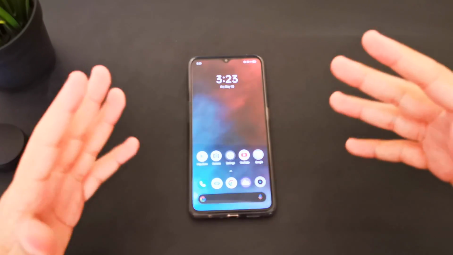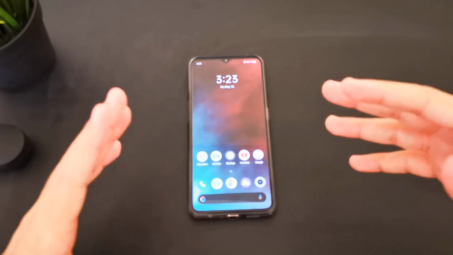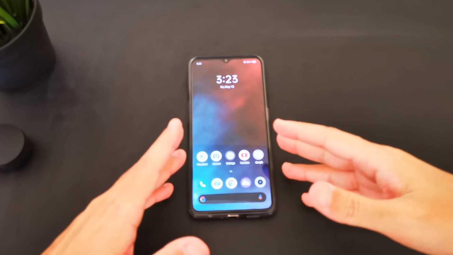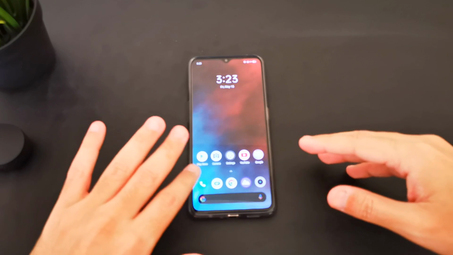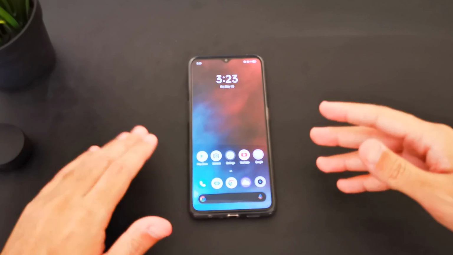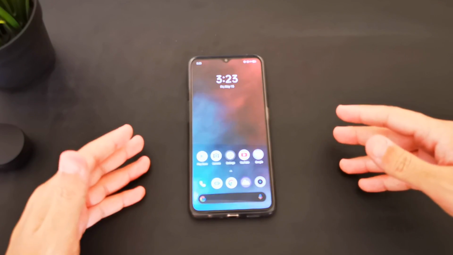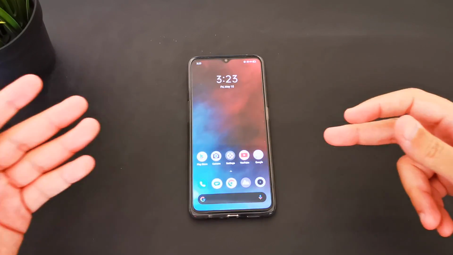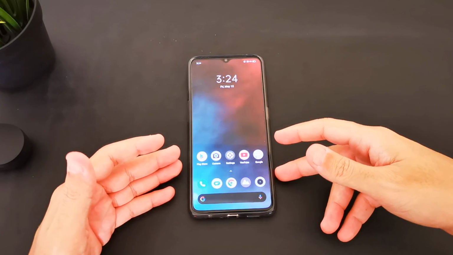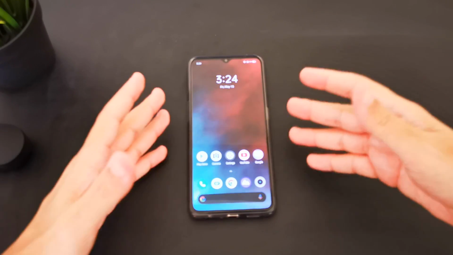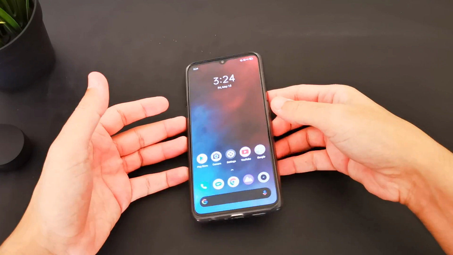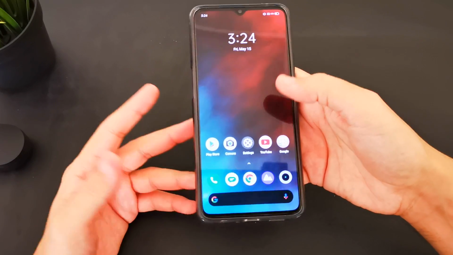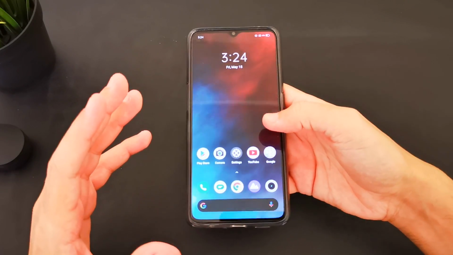And in my honest opinion, I've used a lot of phones and software, and I know what's going on. Now this is excluding the OnePlus, the newest OnePlus 8 Pro, because it has a newer Snapdragon. But I would compare this phone to the older OnePlus 7T Pro, in software and processor. Now, first off, this is the Realme X2 Pro, and the most basic thing you need to know about the